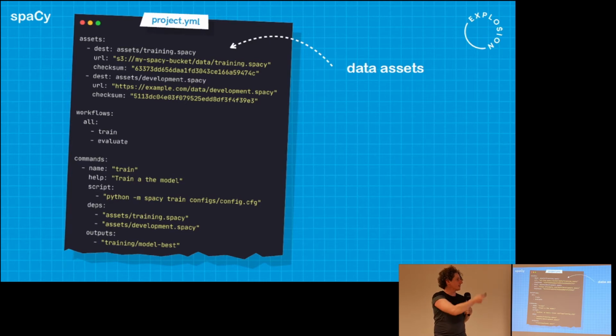So yeah, as I mentioned, these are the data assets. You can point them to many different remote things, and the checksums are optional as well, so that you can make sure that your colleagues are getting the right version of the files that you expect. And if you're debugging things, you can see, well, at least I know that it's the right version of the file because the checksums are there.